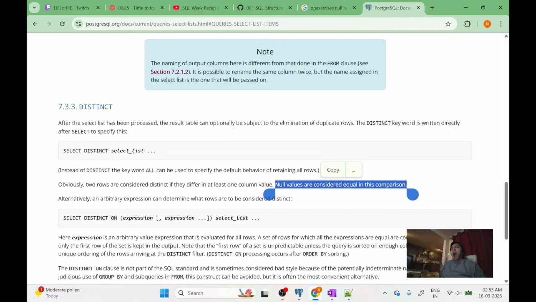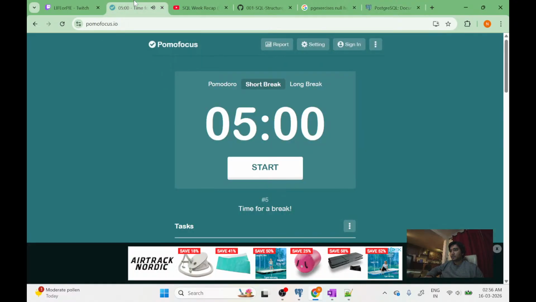Alternatively, an arbitrary expression can determine what rows can be considered distinct. Here expression is an arbitrary value expression that